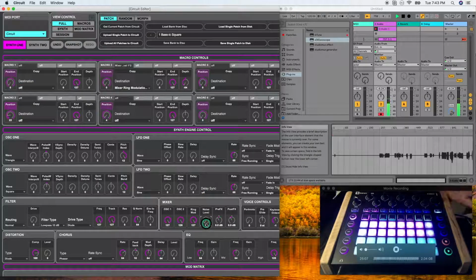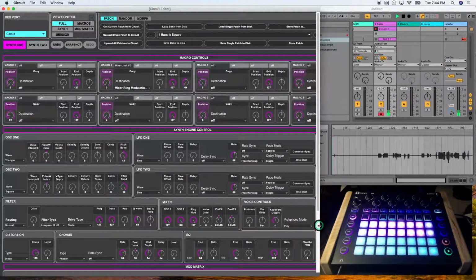Now, I'll warn you about noise. I think the noise can come on a little strong, so I don't end up using noise as often as I would probably like to, because it's not very subtle with this synth engine. Pre-FX is an amplifier to the sound before it enters the FX section, which is the distortion in the chorus sections. And post-FX is an amplifier to the sound after it's gone through the distortion in the chorus effect.